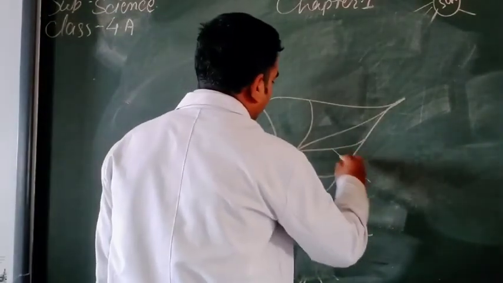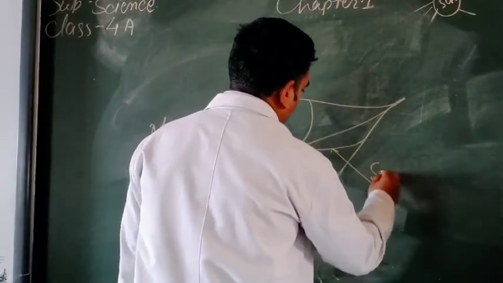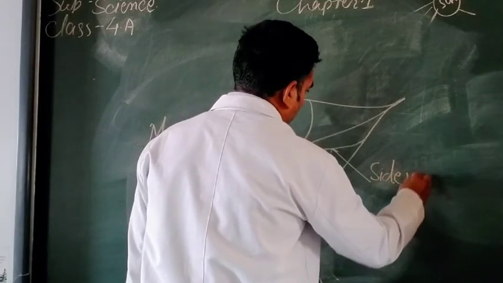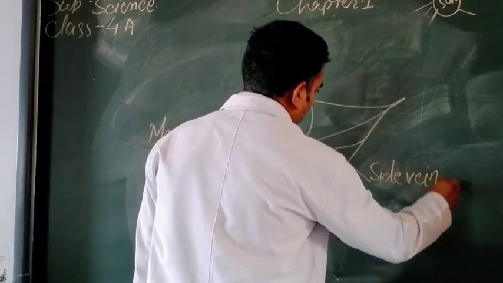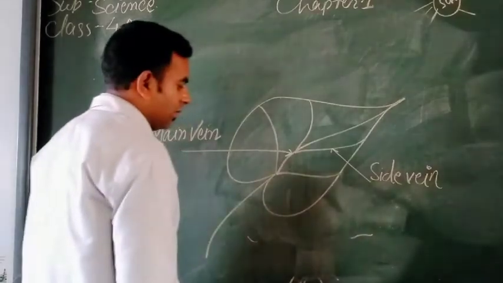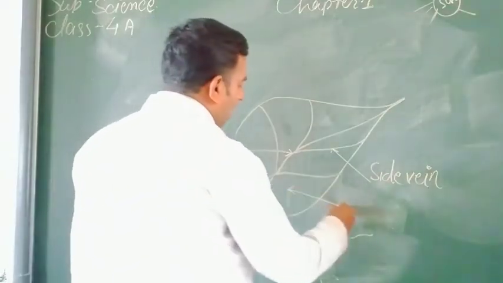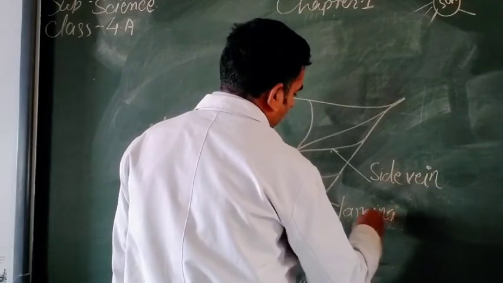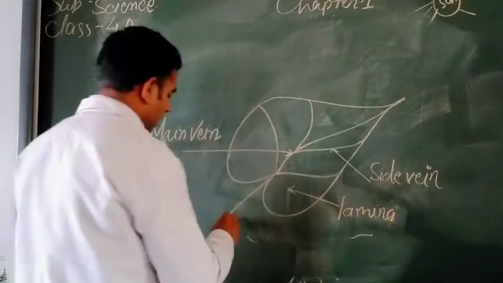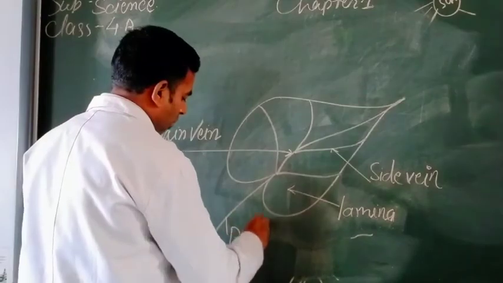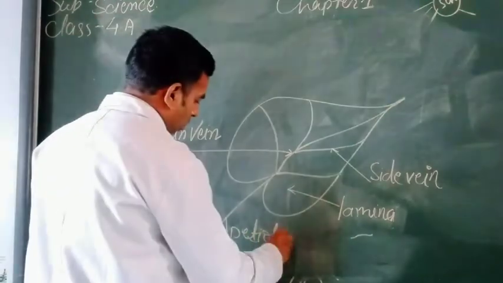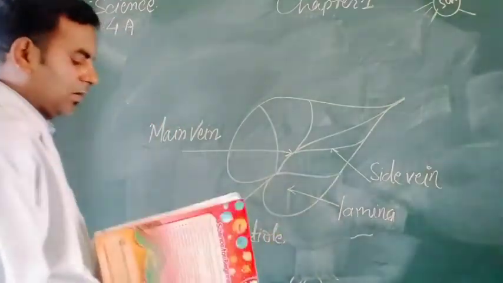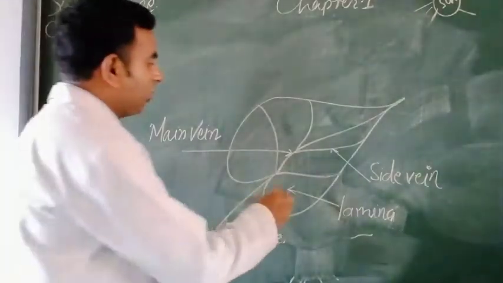This is called the side vein. Okay. This broadest part is called the lamina. This is the petiole. Okay. And on the downside of the leaf,